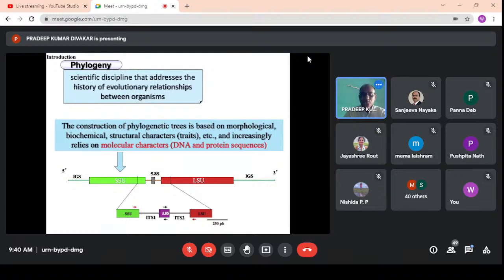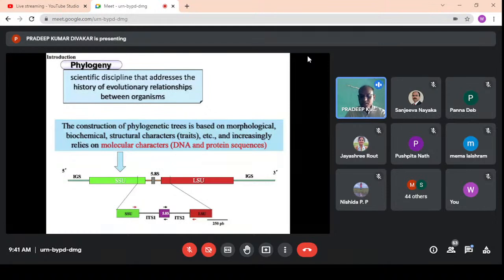The second thing is that for the reconstruction of a phylogenetic tree, we have to have some criteria for the selection of molecular markers. Not every marker is suitable for a phylogenetic tree. Let's imagine we want to reconstruct a phylogenetic tree across the eukaryotes, where you have algae, fungi, and animals. If we select a molecular marker from the chloroplast genomic region, let's say rubisco or rbcL, it won't work to establish the phylogenetic relation across the eukaryotic